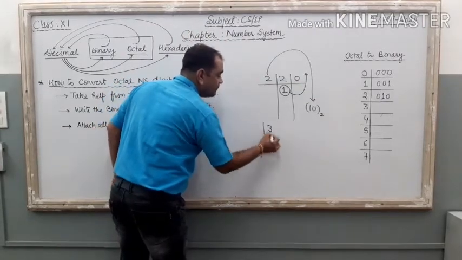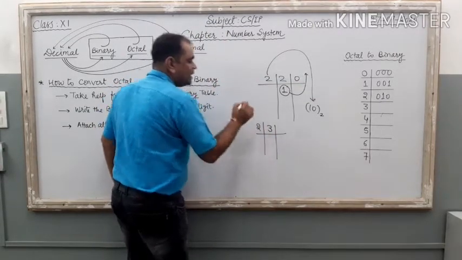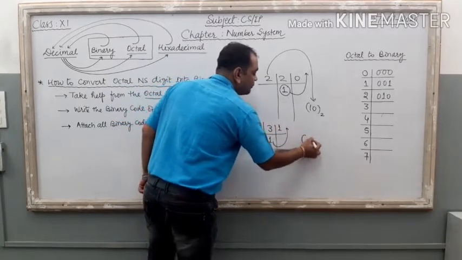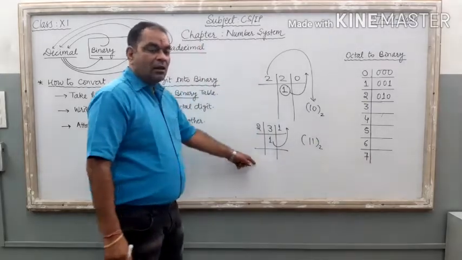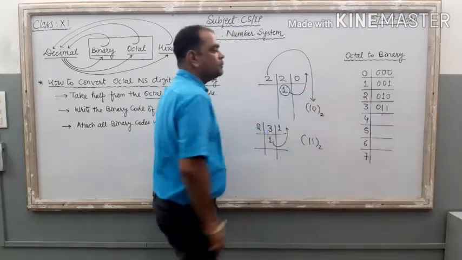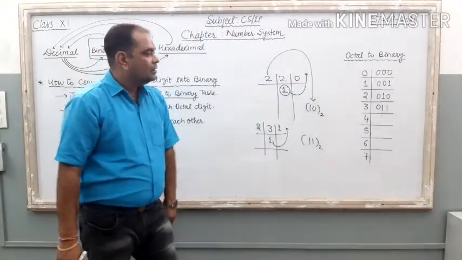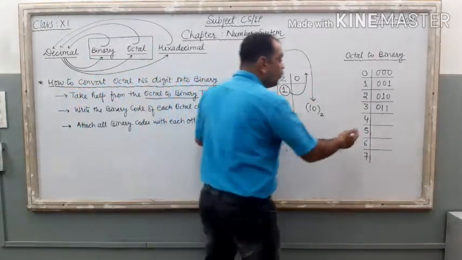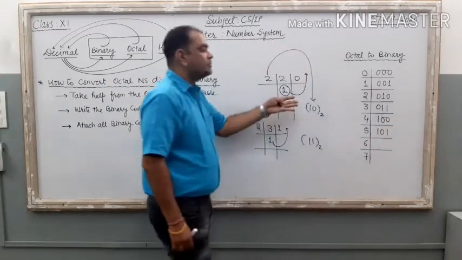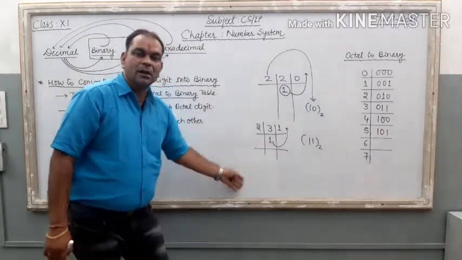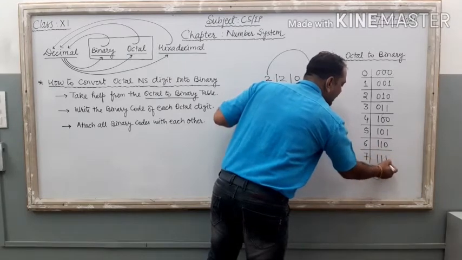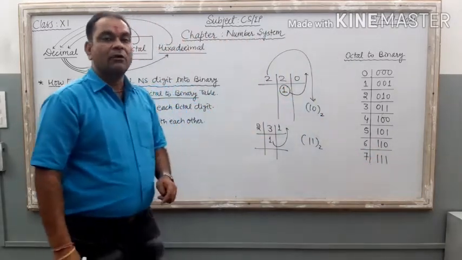Now, by the same process, what is the binary code of 3? Write 3 in between the two vertical lines, divided by 2. 2 ones are 2 and 1 is the remainder. So the binary code of 3 is 11. Clear? We have to write it in 3 digits, so I put 011. Clear? Now the binary code of 4 is 100. Binary code of 5 is 101. These come from the same method. Binary code of 6 is 110, and the binary code of 7, the last one, is 111.